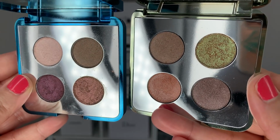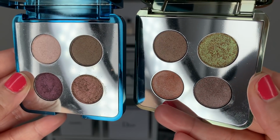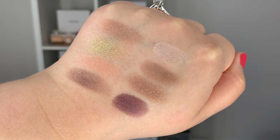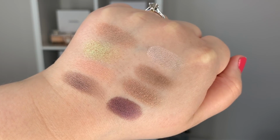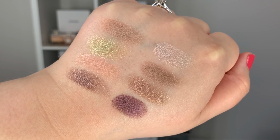So overall, I really like this palette here. It does remind me a lot of the quality and texture of the Hummingbird Quartet from last year. I think if you enjoy that type of formula, you definitely will also like this new palette here. Something interesting that I noticed is these two light colors here